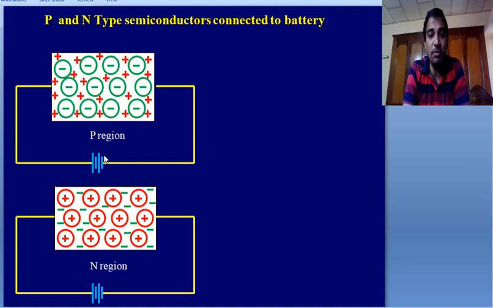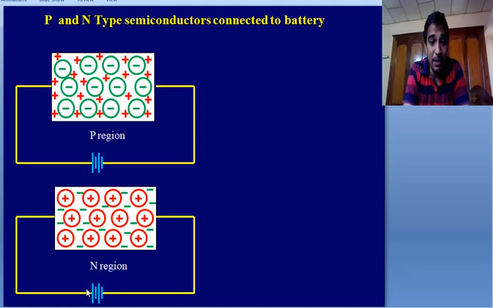Next, this negative polarity will supply many electrons here. The electrons are going like this and entering here. Holes are accumulating here, which means they are recombining. Whatever electrons you are supplying here go like this. The hole is moving from left to right, and the electron, in the opposite way, is moving from right to left. In this way, the P-type semiconductor passes electricity.